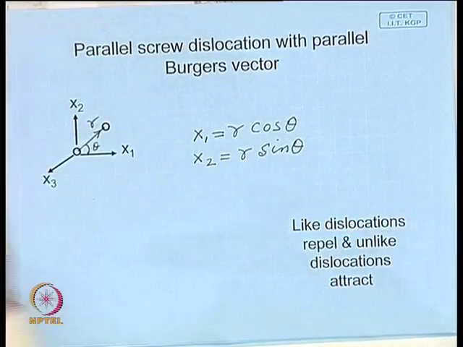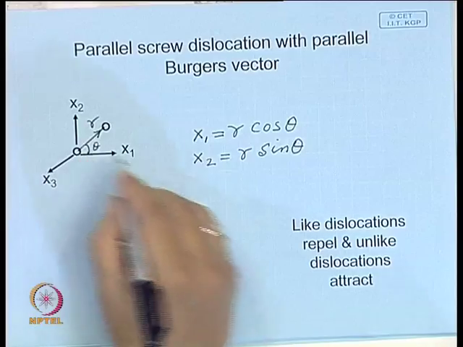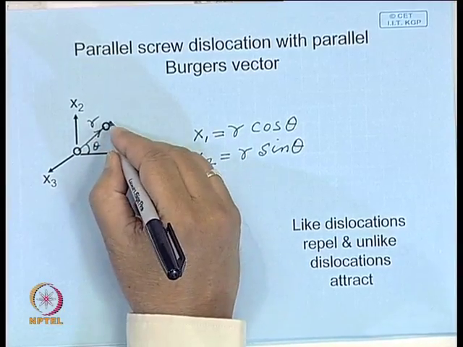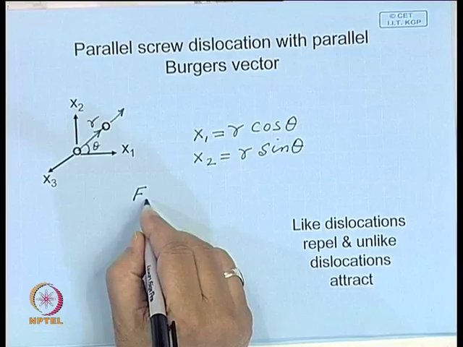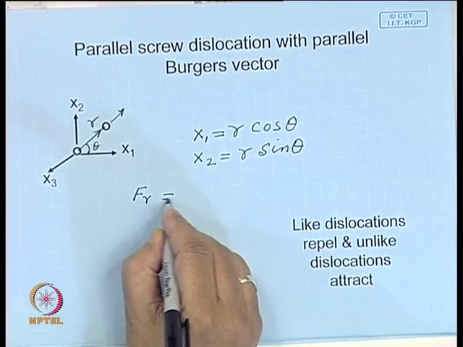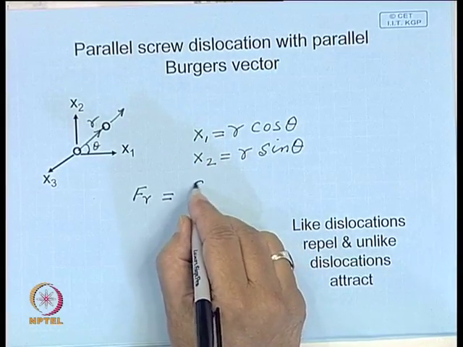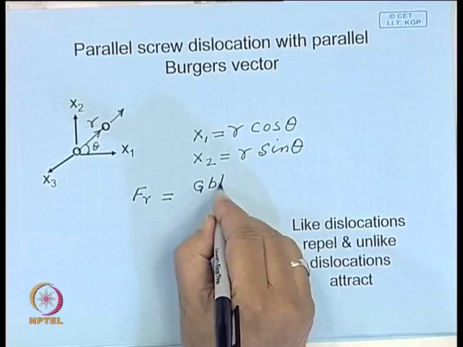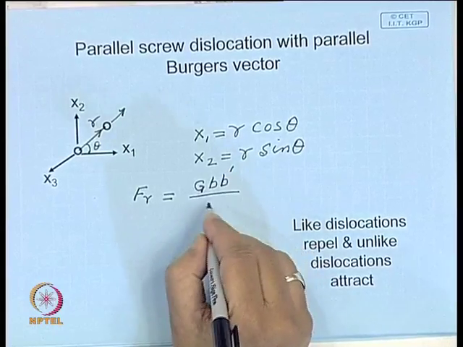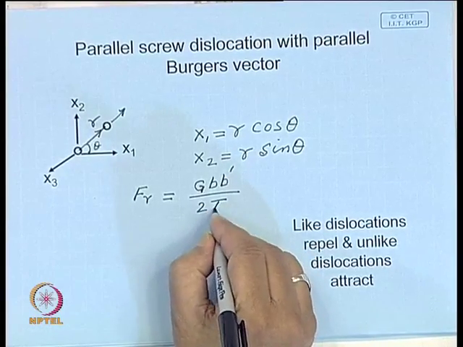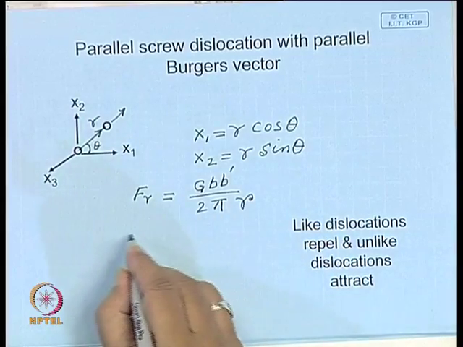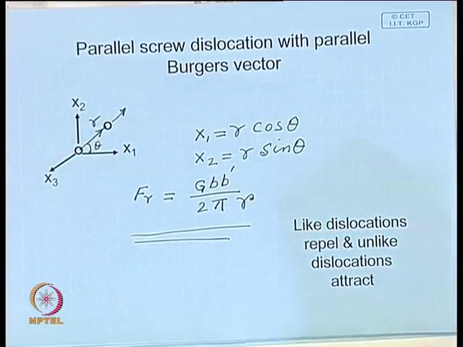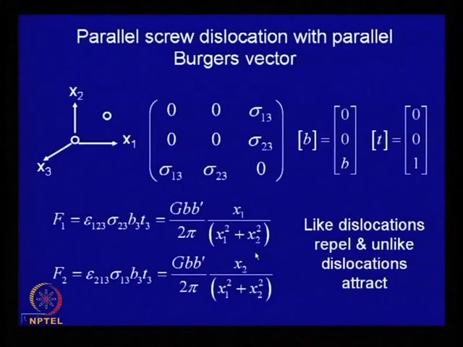If you substitute that, you will find that the force along the radial direction, this is the only existing force, this will be G b b prime over 2 pi r. So, this expression is so simple, and what it shows is that if the dislocations are alike,